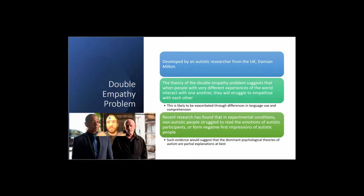This is very similar to Vygotsky's theory: you're experiencing the world in certain ways, you're acquiring certain modes of thinking, and you're acquiring certain problem-solving skills. Recent research has found that in experimental conditions, non-autistic people struggle to read the emotions of autistic participants or form negative first impressions of autistic people. Such evidence would suggest that the dominant psychological theories of autism are partial explanations at best. So Milton is arguing that